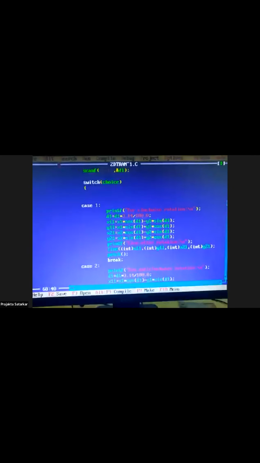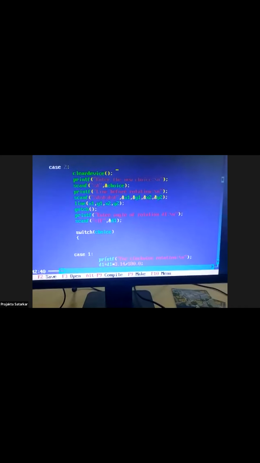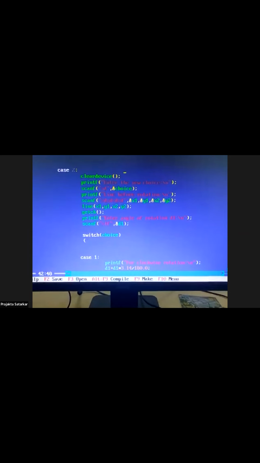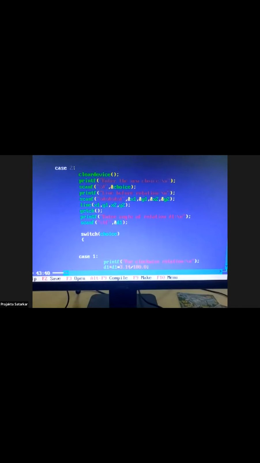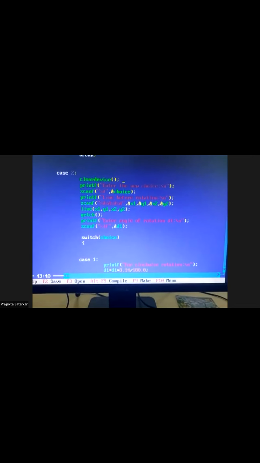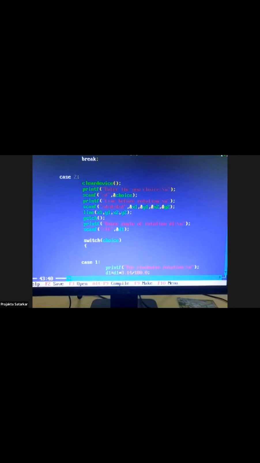Okay, so let us start with the code. Already we know the second case is for rotation. So when we enter case 2, we will be writing the code for 2D rotation. In that, again, we are considering a new choice, that is clockwise rotation or anti-clockwise rotation. So we are considering the first choice for clockwise and the second for anti-clockwise, and depending upon that, you are going to get the output.